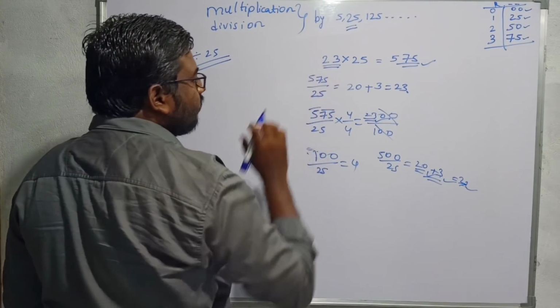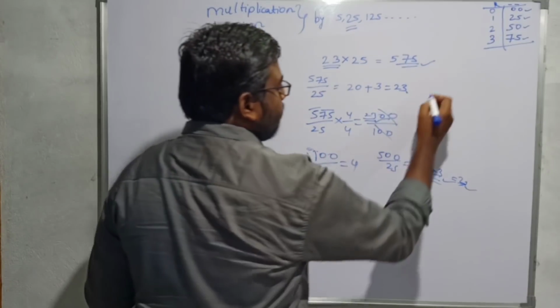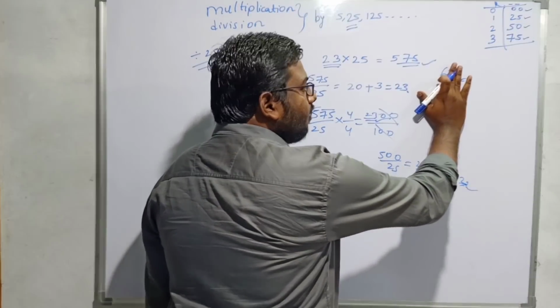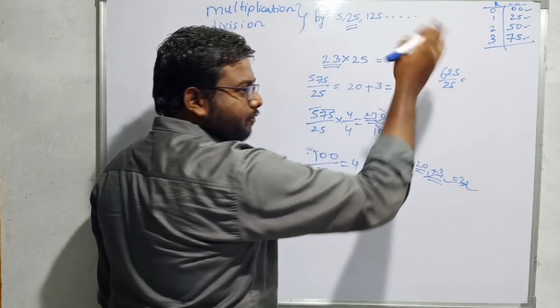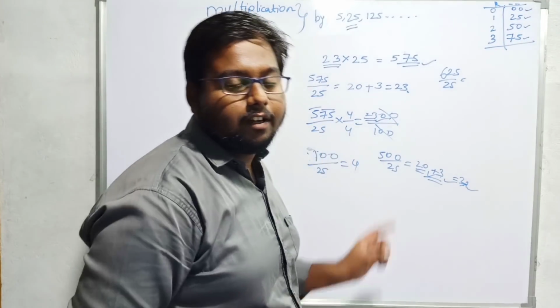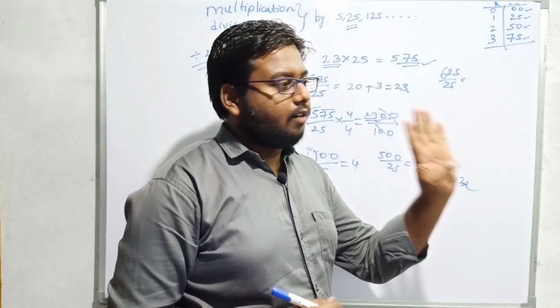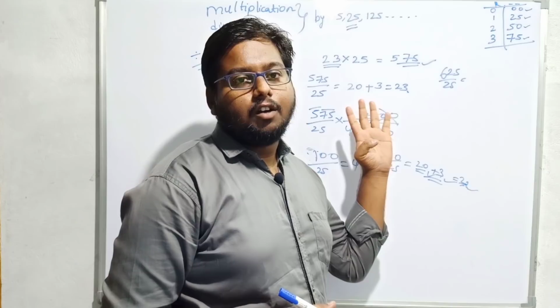Based on this, let us see some problems. If I have to divide 625 by 25, I close the last two digits and multiply the rest by 4, because that is 600 plus 25. In 600, that is 6 into 100, and in every 100 there are 4 25s. So 6 4s are 24 25s.